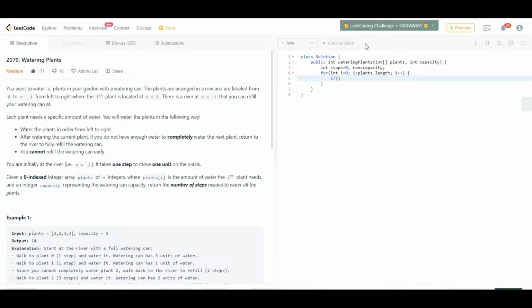If our remaining capacity is greater than or equal to plants of i, the amount the plant needs, we simply water it. That is, steps plus plus, and our remaining water will decrease